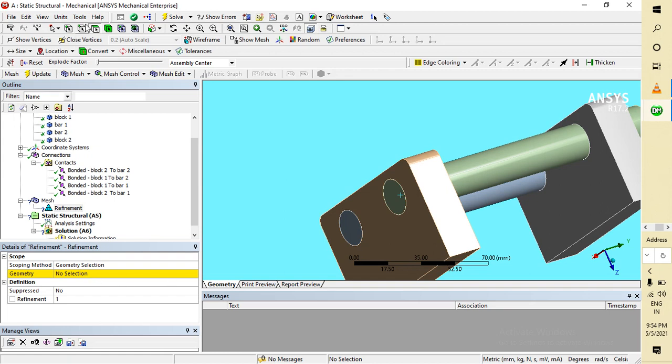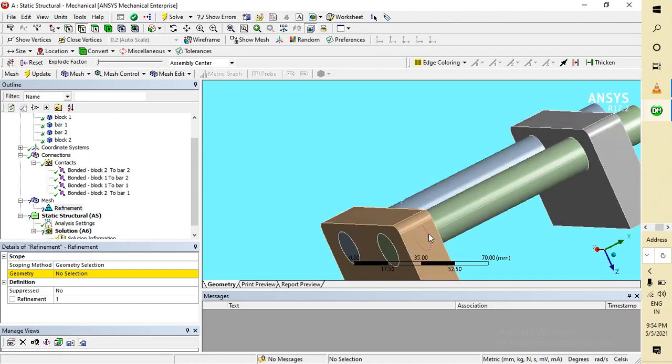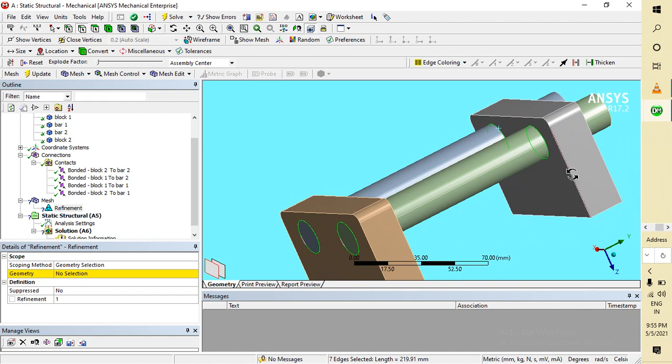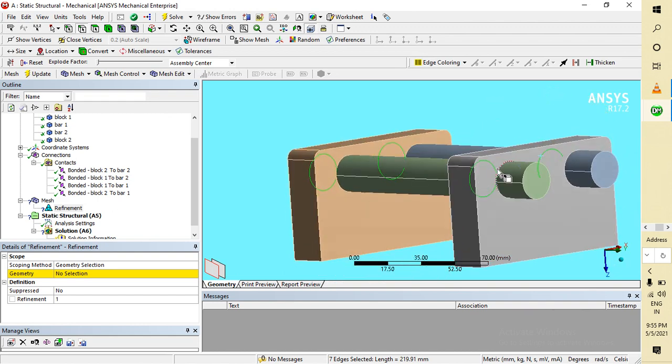So now guys, I am selecting this edge and I am selecting this one. Just press Ctrl and select all of this. Press Ctrl and select. Press Ctrl and select this one also.